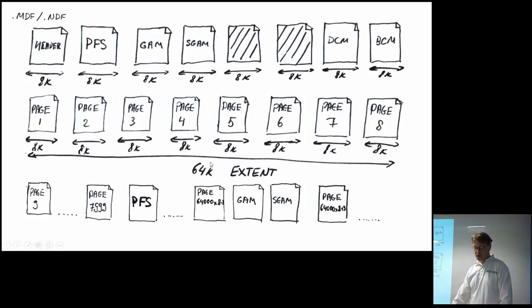For example, page number 1 can be my order table. Page number 2 can relate to my order item table. Page number 3 can relate back to my order table. Page number 4, and so on, basically. And I might have page number 7999, that is my order table, and page number 7998 is my customer table, just a row. Okay? So,